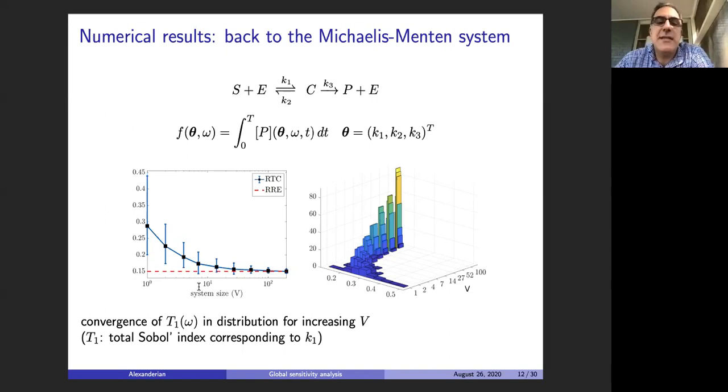And as you see, as the system size grows, the stochastic indices do seem to converge to the deterministic ones. The plot to the right shows the histogram,